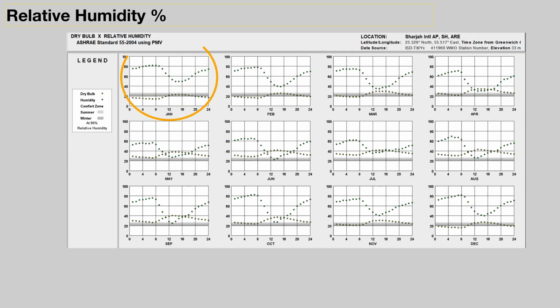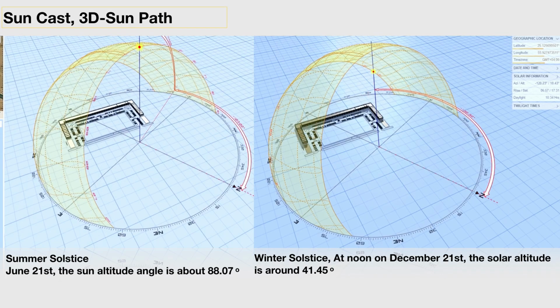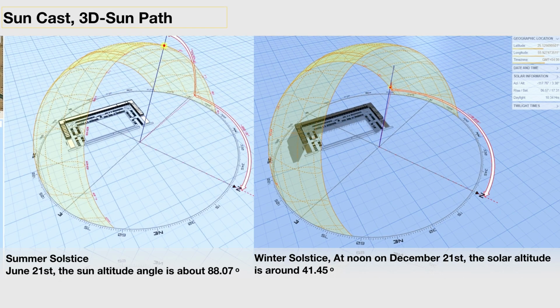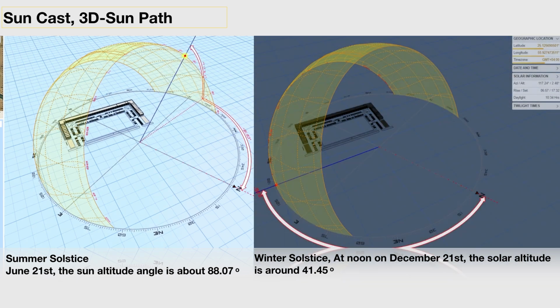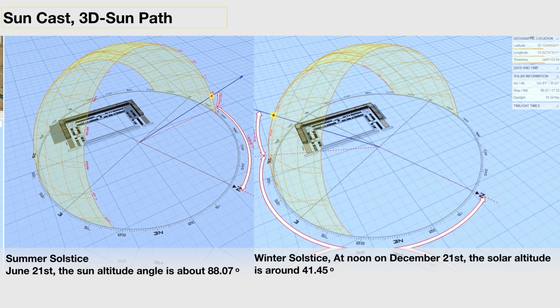Relative humidity. Sharjah experiences absolute variation in the relative humidity over the year, about 69% during January and December. May is the least humid month, about 51%. The 3D sun bath of the base case showed the summer solstice on 21 June. The solar altitude angle is about 88 degrees, which is high, while the winter solstice solar altitude is about 41